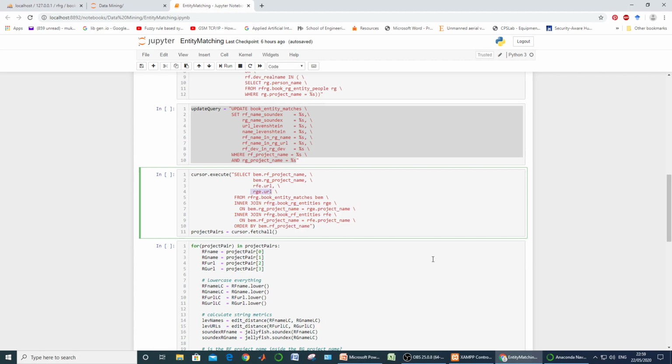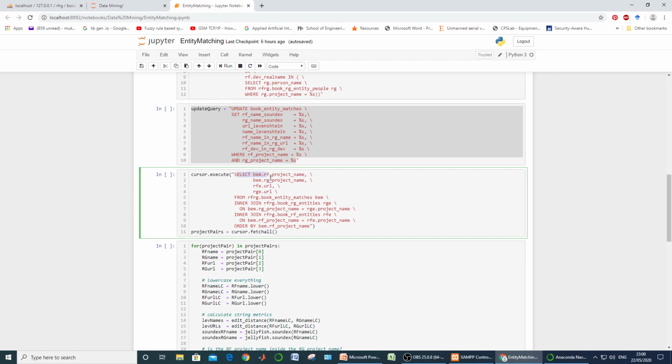It means we select the project names that came from the RF table and went to the resultant table, plus the project names that came from the RG table and were stored in the resultant table. Along with them, we extract the matching URL corresponding to the name in RFE and corresponding to the second name in RGE.